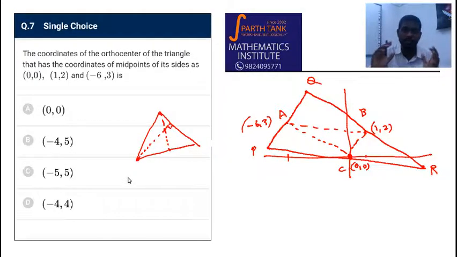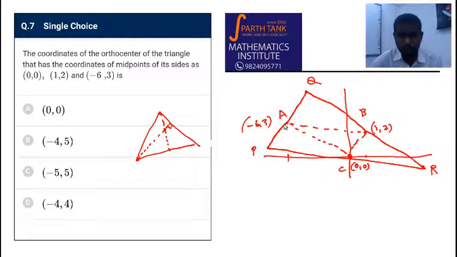So what is the really long way to do this problem? You know the midpoint here, you have the midpoint here, you know the midpoint here. Using these three midpoints you can solve for these points actually. Take them as x1, y1, x2, y2, x3, y3. You can get three equations, x1 plus x2 by 2, all that. So solve for all these 3 points. After you solve for all those 3 points, find one altitude, find the other altitude, and then using that you get the orthocenter. That's really long.